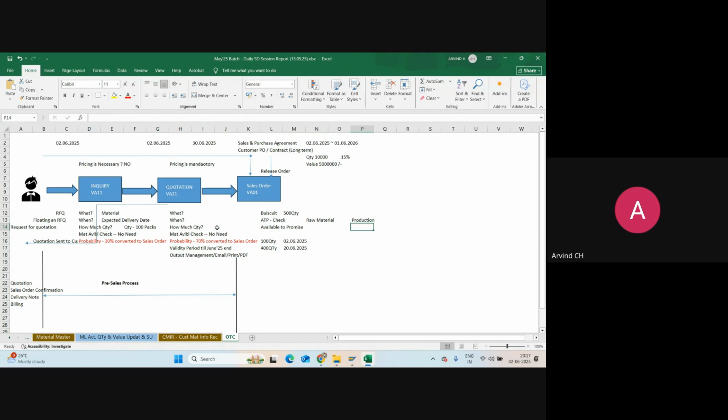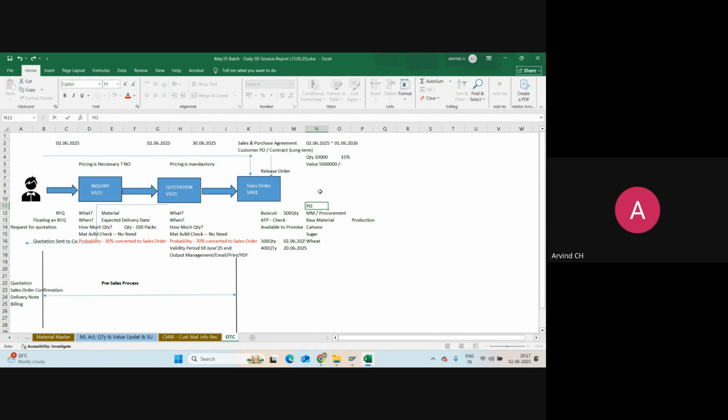Whether this biscuit production is in the pipeline, that also it will check. If raw material is not available, for example, you don't have cashew, and sugar, and wheat also, then what will your company do? Who is the responsible person to bring this product? Materials management. Material management guy, right? Guy is nothing but a procurement guy. Correct. Then this procurement guy will create a purchase order,